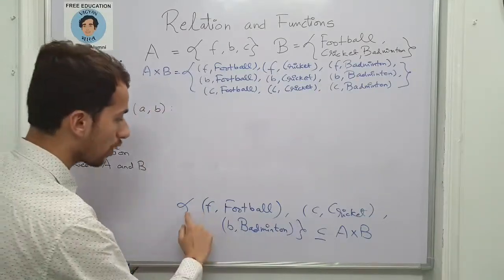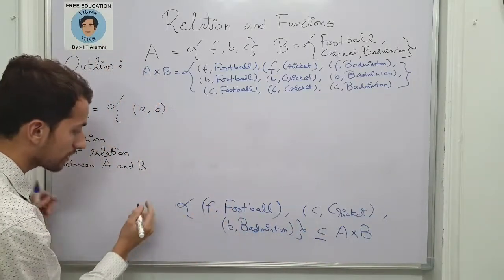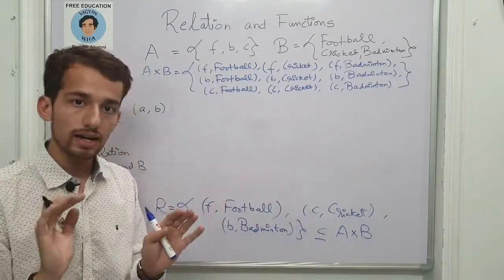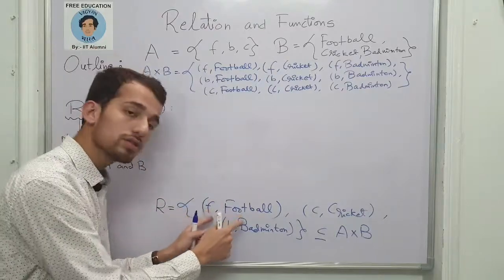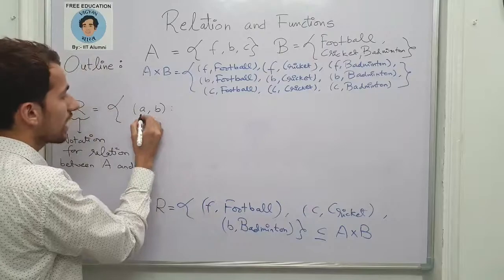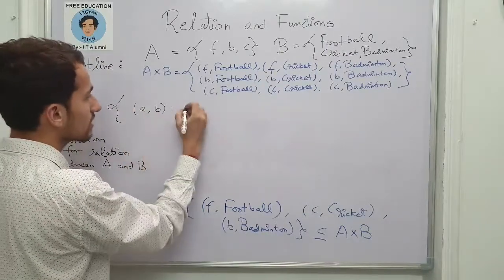If you observe, I'm calling this set which consists of these three ordered pairs my R, and how the elements of the ordered pair are related to each other is that I have collected those (a, b) such that this a